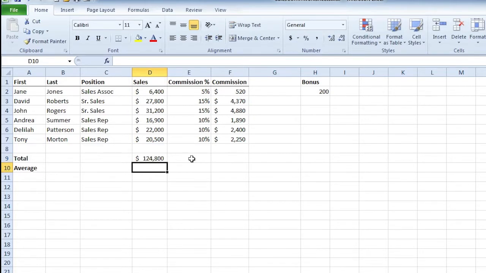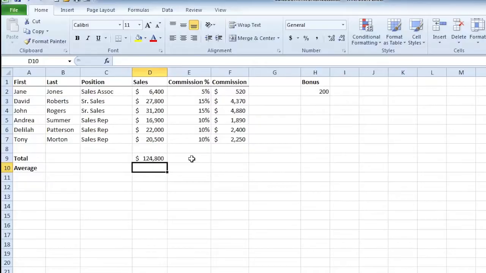Now you'll notice, what do I have row 10 set up to give us a formula for? Average. Average is another very common function built into Excel. This time we're going to look at something called the insert function button. If you look up on the formula bar, right to the left of the formula bar, there's an FX. If you point to it, notice it says insert function. That's our insert function button. So click on that,